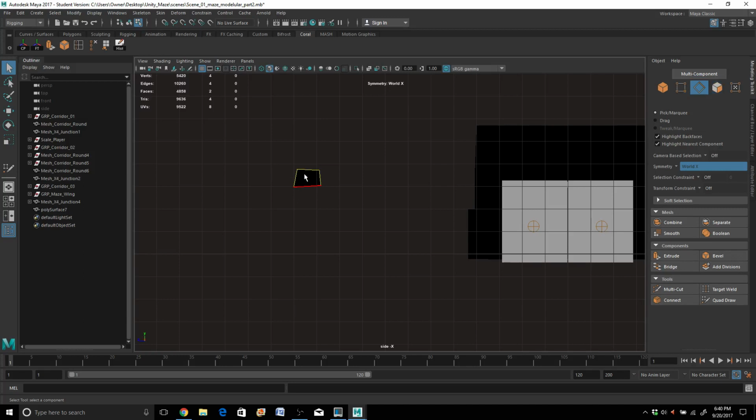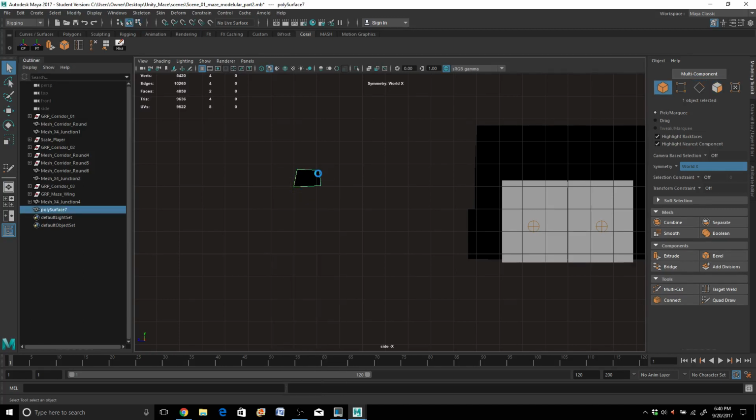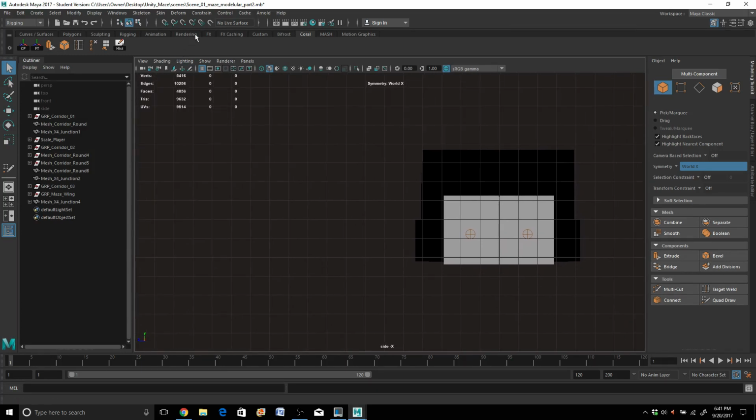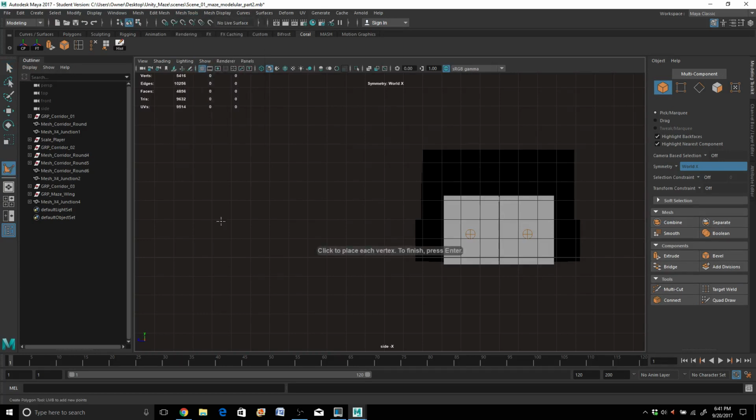It's okay. We'll go ahead and go to object mode, select that guy, and play it. We have a different tool that will work just the same as our quad draw, just seeing if that one might work. So we're going to go back to modeling, and there's a tool called create polygon. This one here. Okay, now this one is all we have to do. It's the same thing as the quad draw, but